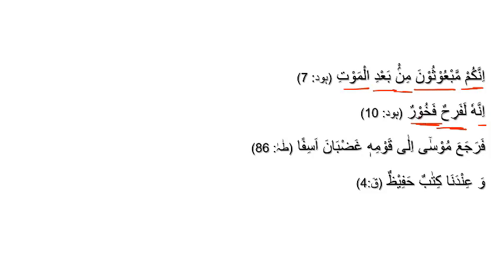And fakhurun is also an adjective. It means boastful, like in Urdu we say fakhar karne wala. So indeed he is happy and boastful. Raja'a Musa ila qawmihi ghadban. So Musa returned to his people, ghadban, very angry. Ghazab is an Urdu word also which means anger. Ghadban is describing whom? It's describing Musa alayhi salam, in a state of great anger. And asifan, this is his state. What is this? Sorrowful, sad, from the verb to be sad.